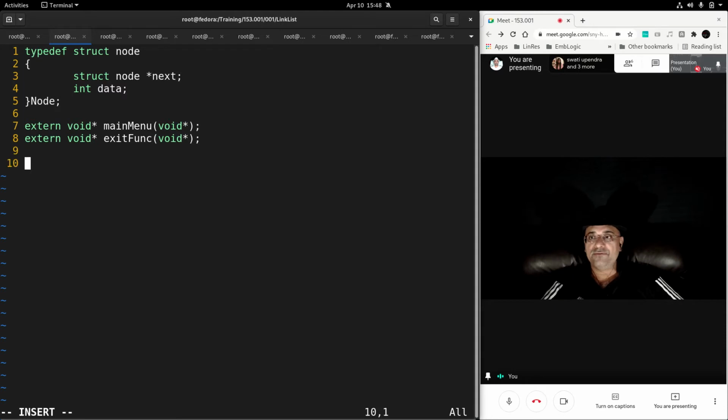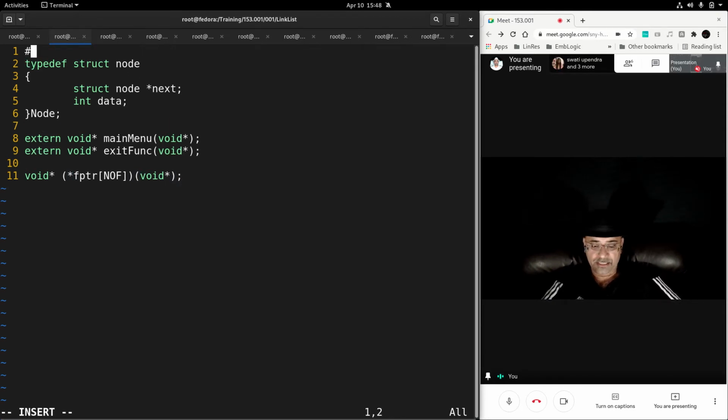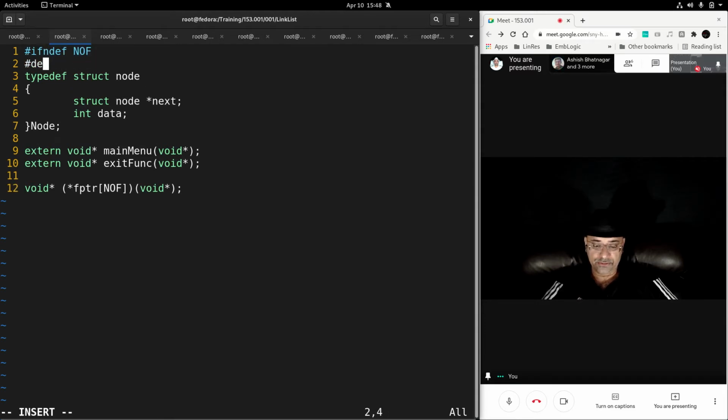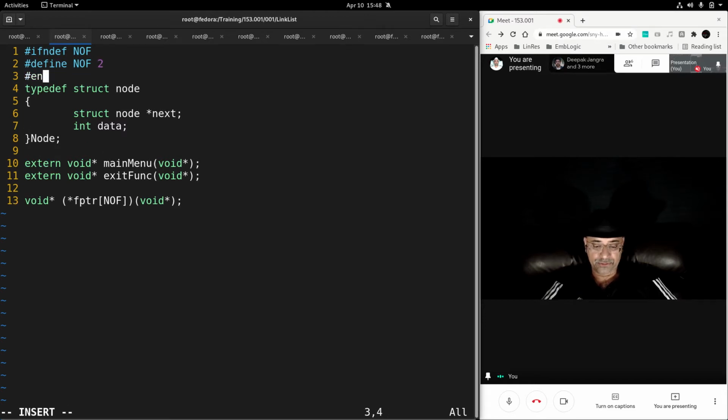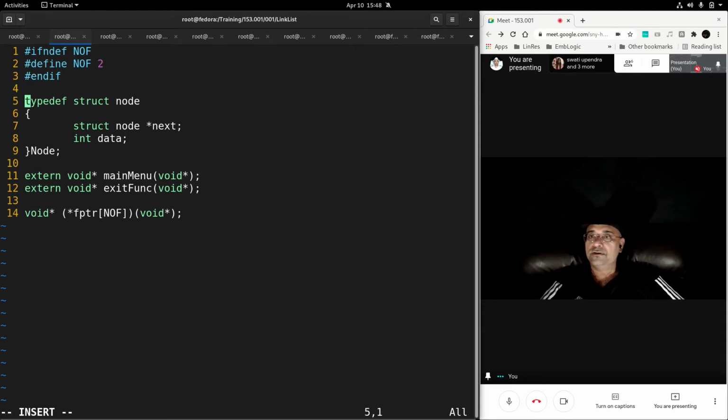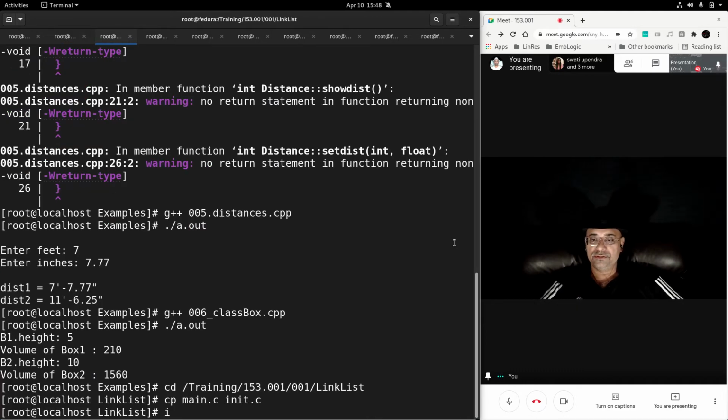And then we have to have an array of function pointers also. Void star array of function pointers, star fptr, size is number of functions. Arguments are void star as usual. So this macro we have to define here. #ifndef NUMBER_OF_FUNCTIONS, then #define NUMBER_OF_FUNCTIONS 2, #endif. Done. Okay. So in the initialization function,